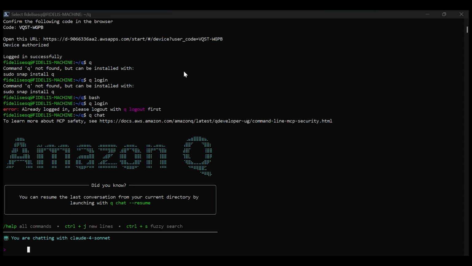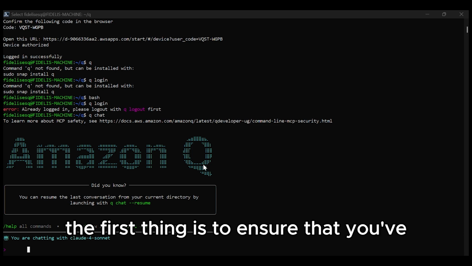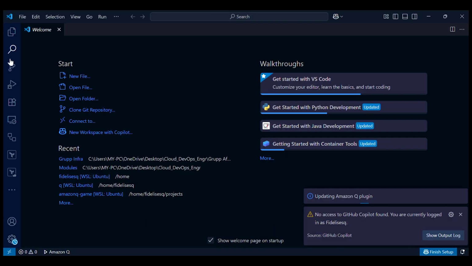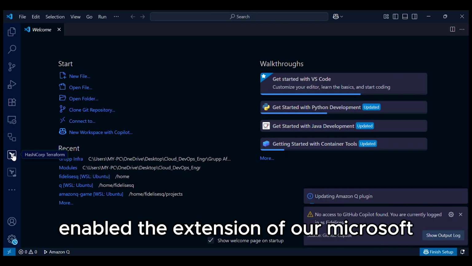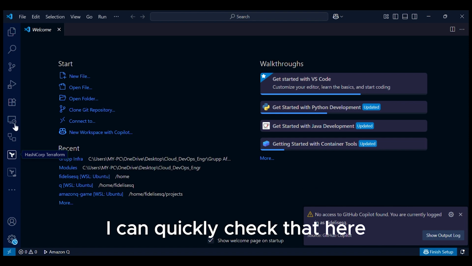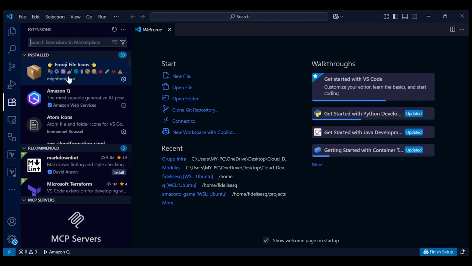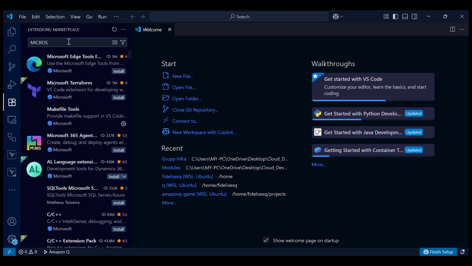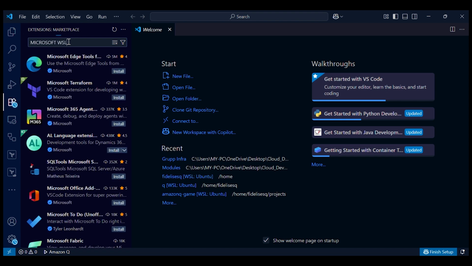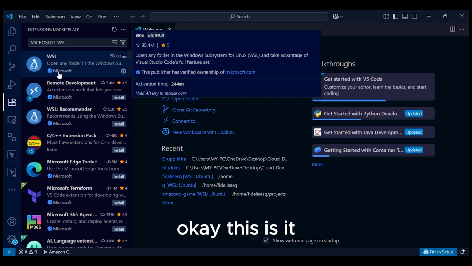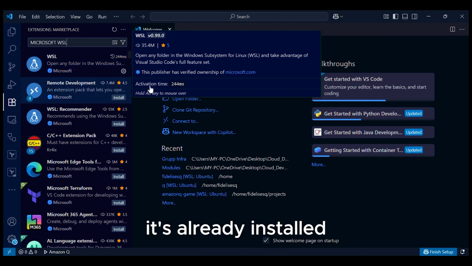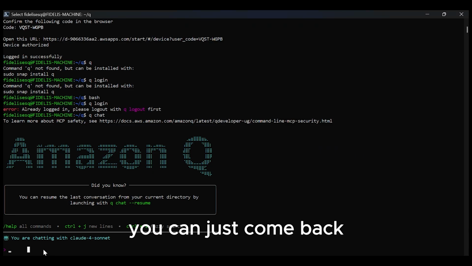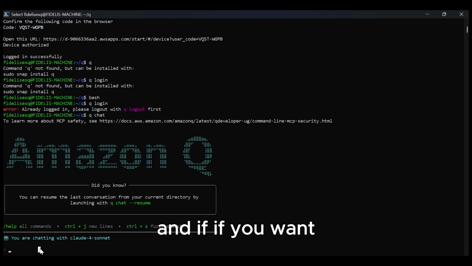If you'd like to use Amazon Q Developer CLI in VS Code, the first thing is to ensure that you've enabled the Microsoft WSL extension. I can quickly check that here. WSL. Okay, this is it. It's already installed. So once this is installed, you can just come back to your Q PowerShell,